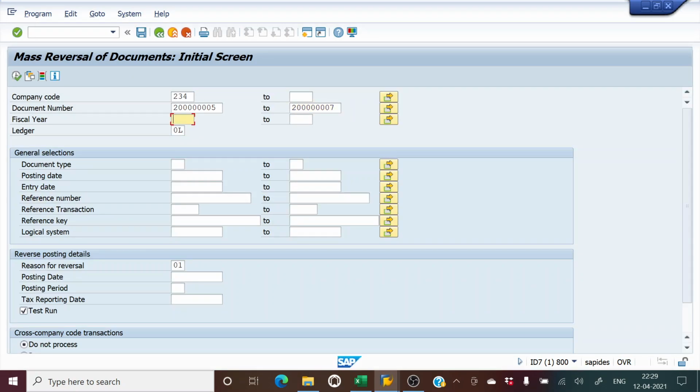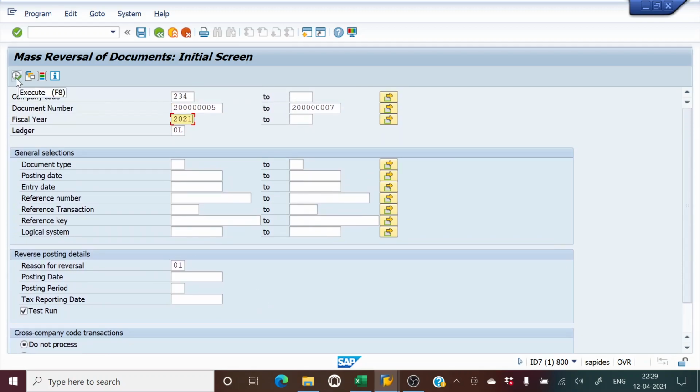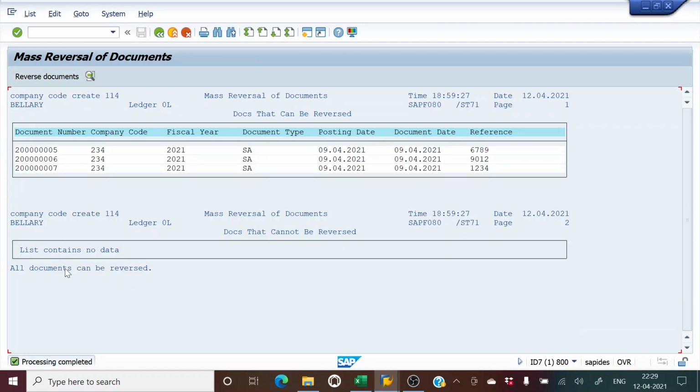Alright, and the fiscal year is 2021. And then we click on the test run and see what results it gives. So you see here it says all the documents 5, 6 and 7 can be reversed.